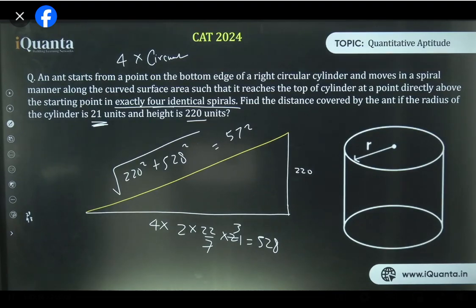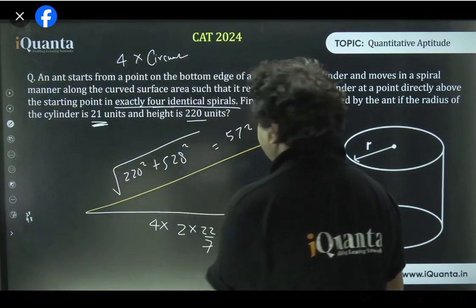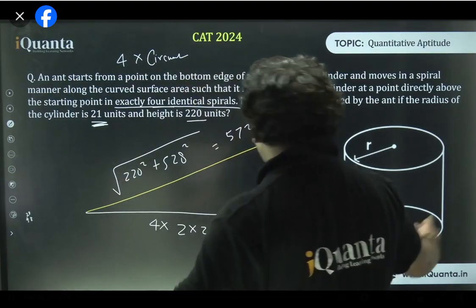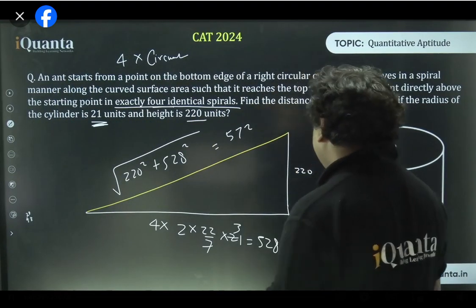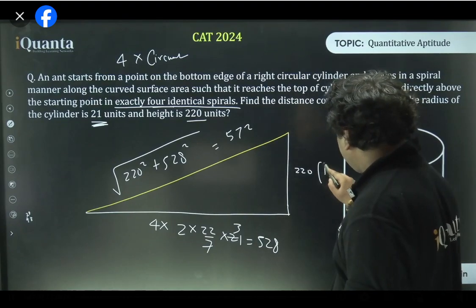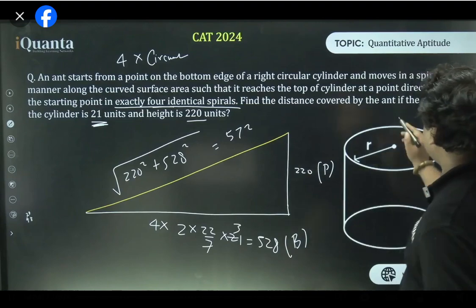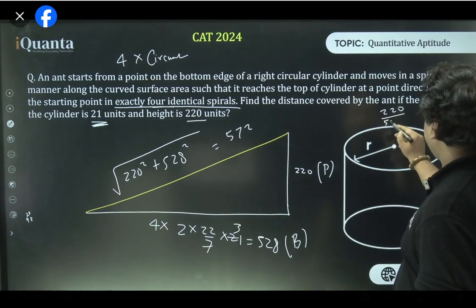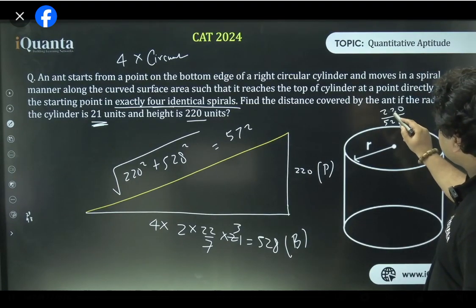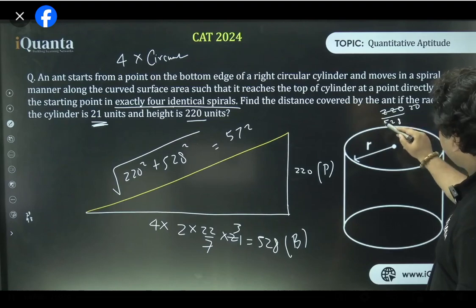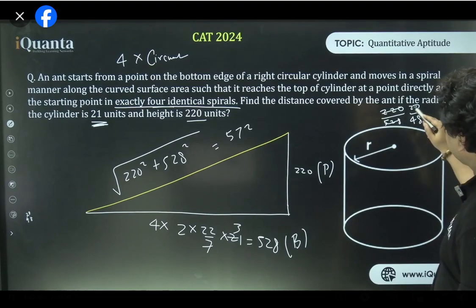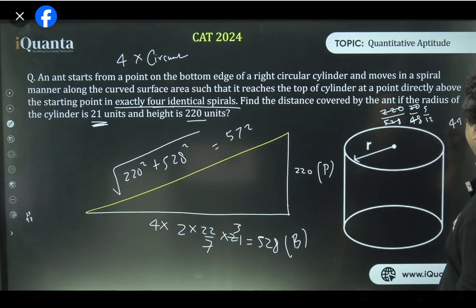How to do this calculation fast? How did I do it? Yeah, I used Brahma triplets, my favorite ones. So see, if this is the perpendicular, this is the base. All I did was find the ratio of perpendicular to base. So 220 upon 528. If I try to find the ratio, see what happens. This is divided by 11: 11 times 20, 11 times 48. And this is 4 times 5, 4 times 12. So I divided by 11 and 4, basically by 44, isn't it? 44 is common in 220 and 528, so all we have is 5 and 12.